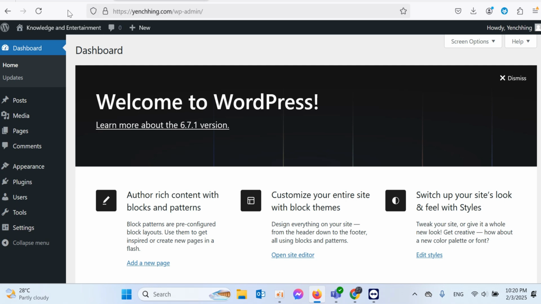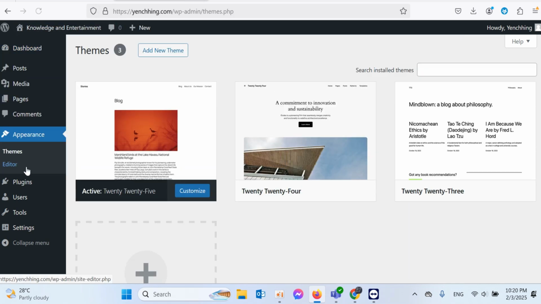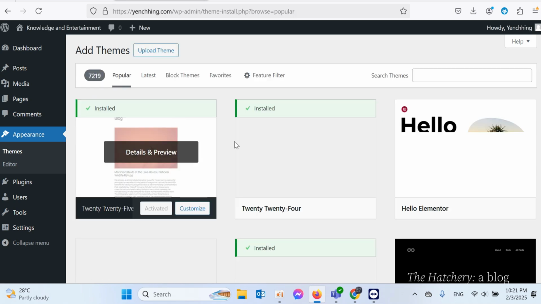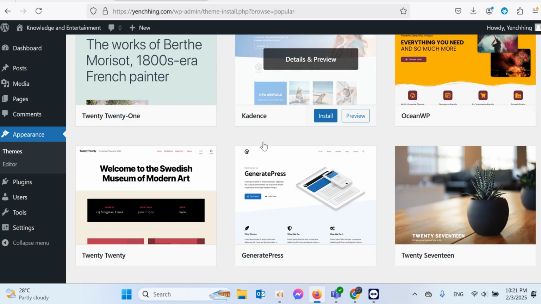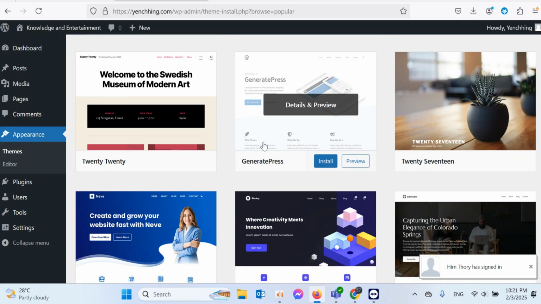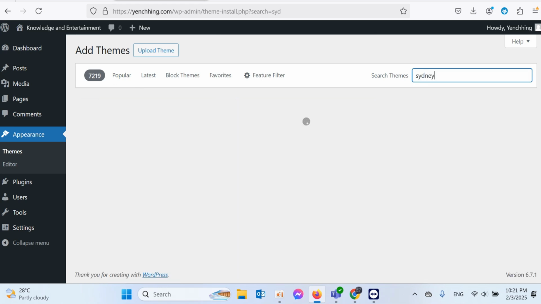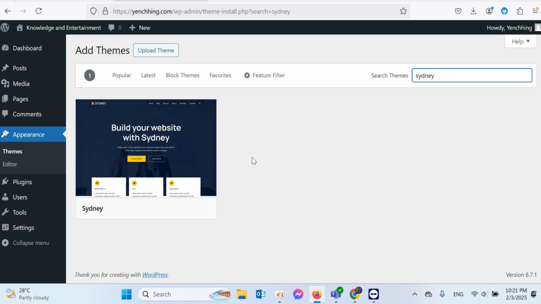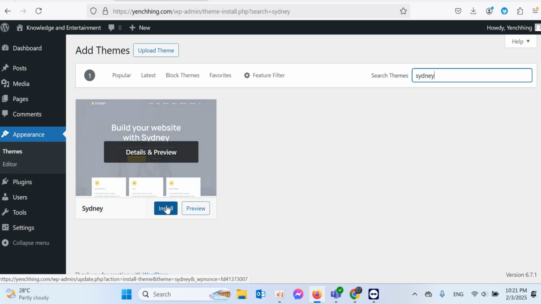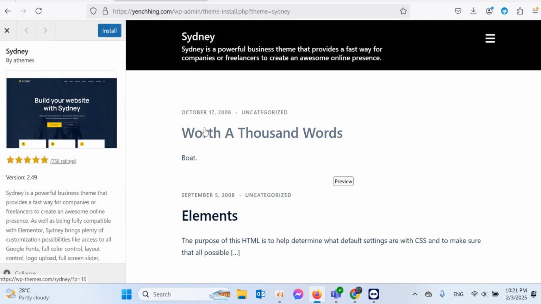To install the theme for the website, go to Appearance and click on Themes. And click on Add New Theme. And there are a lot of theme templates for you. And in the search theme, I will type Sydney and click on Install. Before you install, you can click on Preview to see what it looks like, and after that you can click on Install